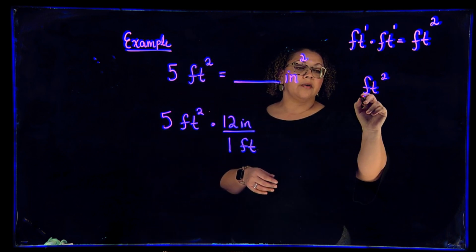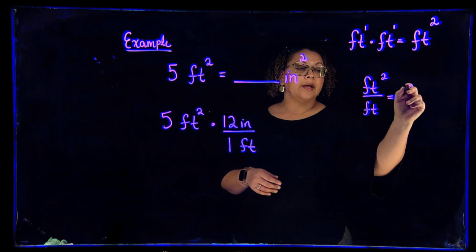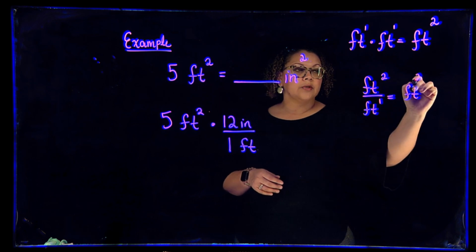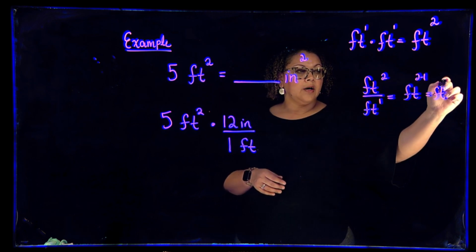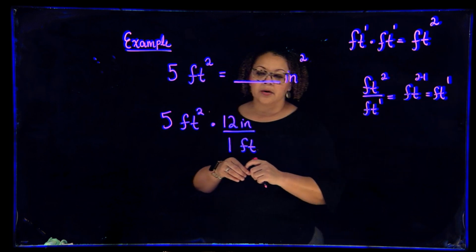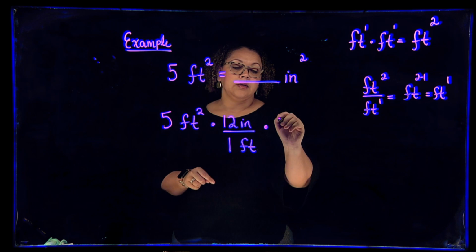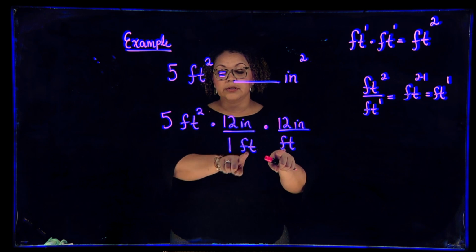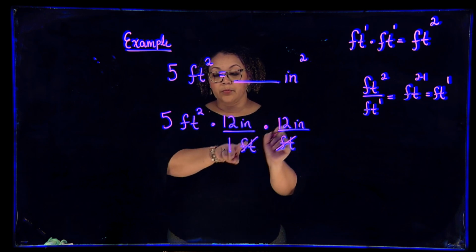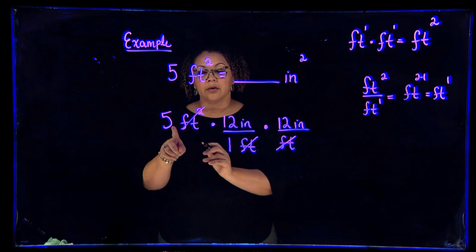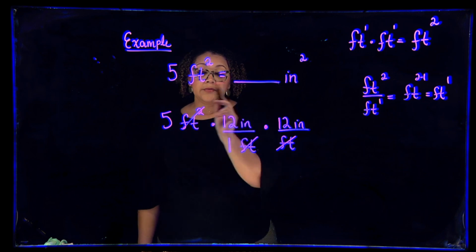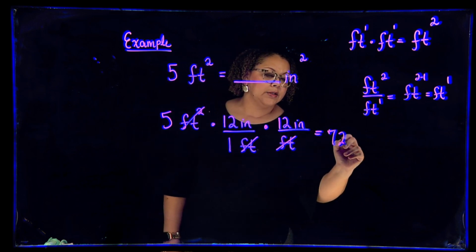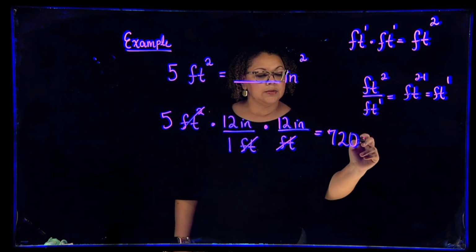So if I have a foot squared divided by a foot, I still have a foot left. Because when I divide like bases, I subtract their powers. So 2 minus 1 would still leave a foot technically to that first power. So that's where the second conversion comes into play. Because now a foot times a foot is foot squared, so this would completely reduce with the foot squared here. So 5 times 12 times 12 would give us a total of 720, and inches times inches would give us